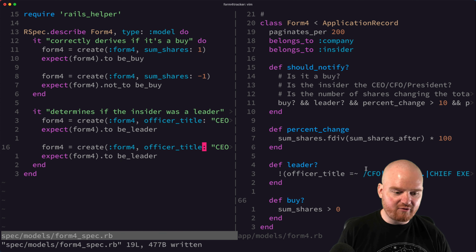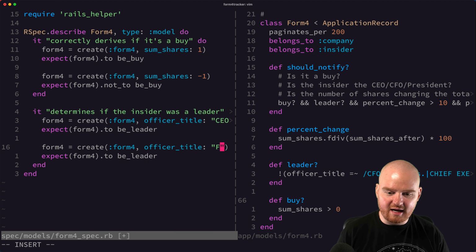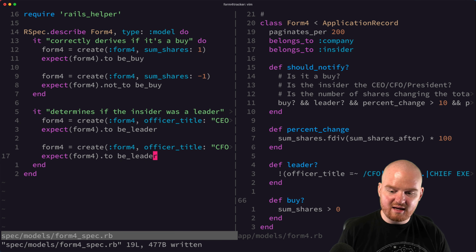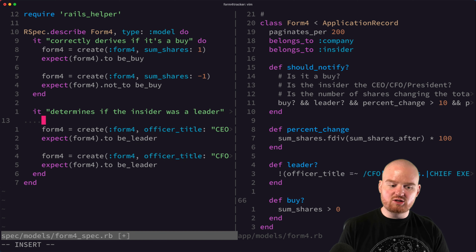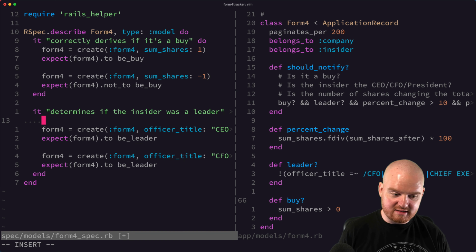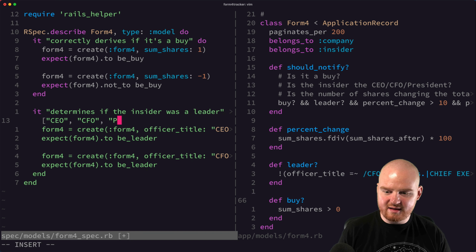and we can do this again for all of the different officer titles that we consider to be leaders. The other way we could do this is actually by just creating a list of all the things that we want to test and ensure. So we could say like CEO, comma CFO, comma like pres, and then we can say dot each do title,